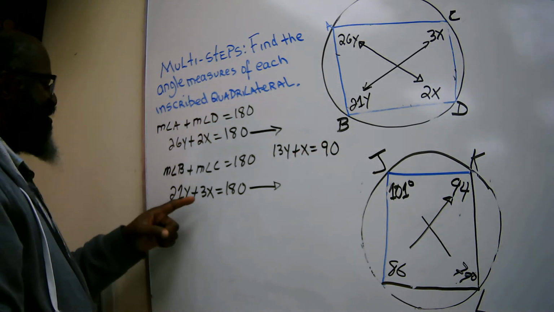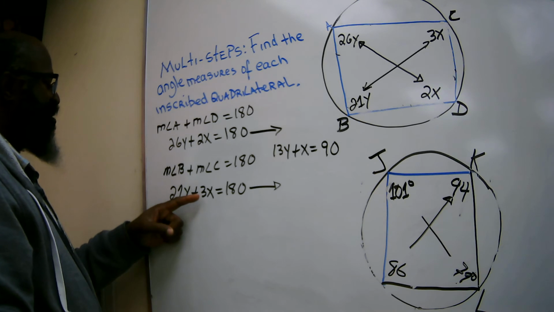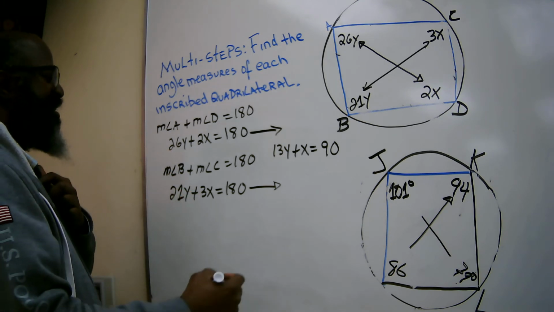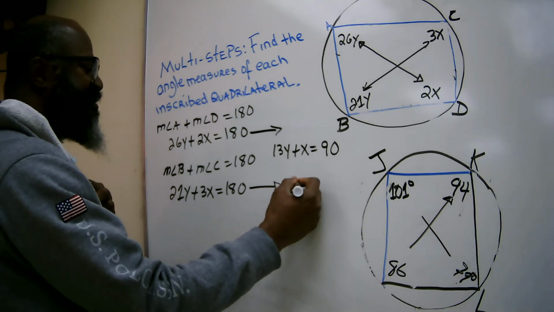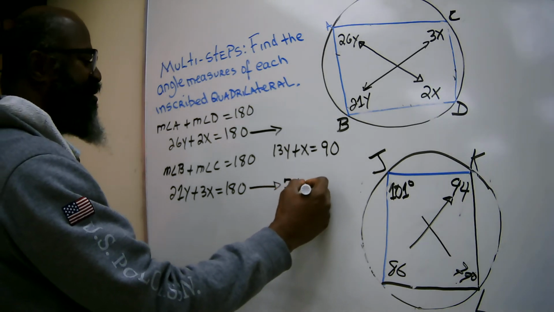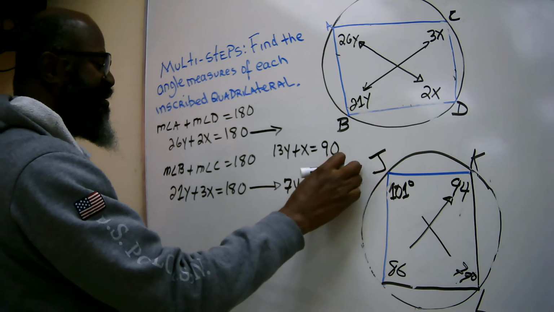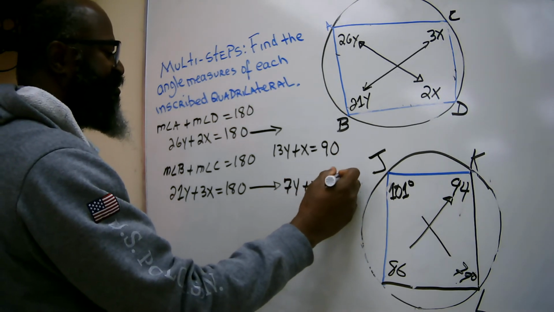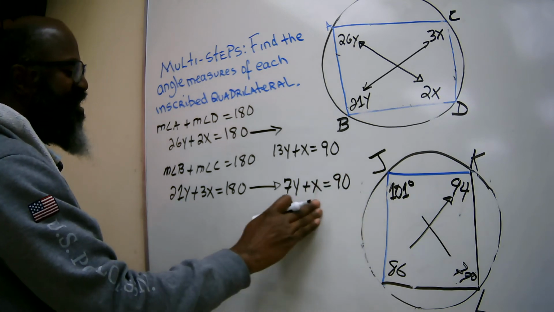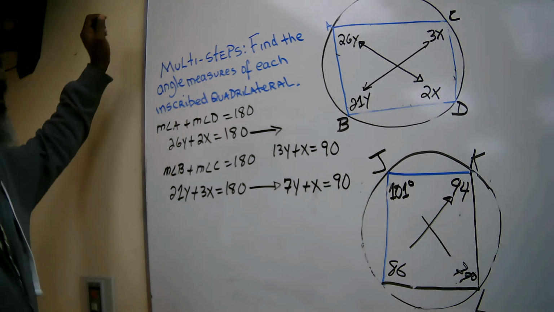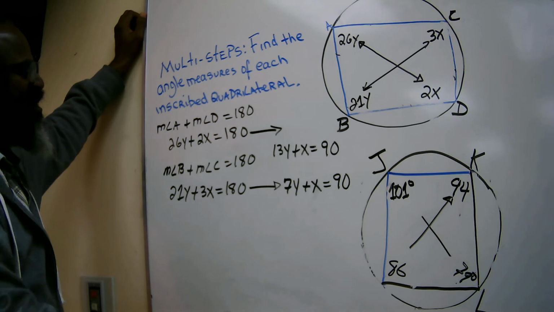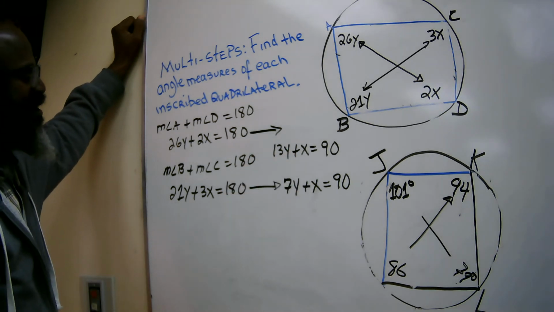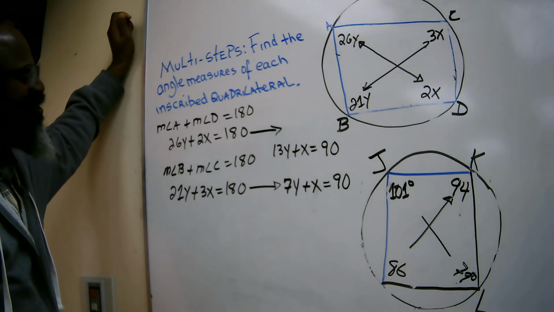Then also those are divisible by 3. If I divide this by 3, that will give me 7y plus x is equal to 90. So I make my life easier. As you can see, those equations are linear equations. I can use linear combination or substitution. So linear combination, I